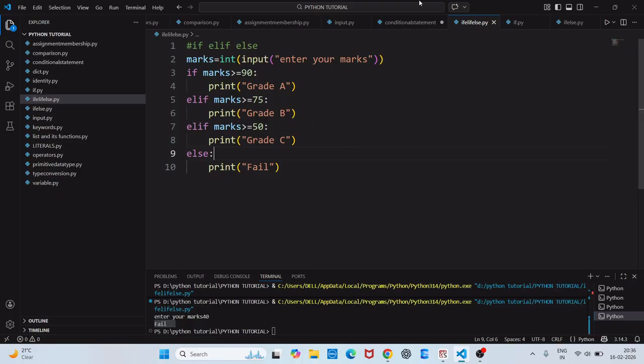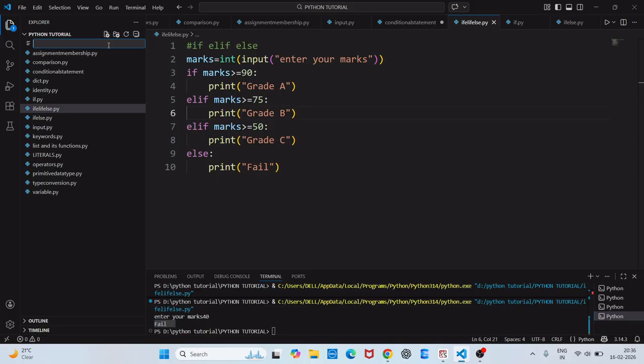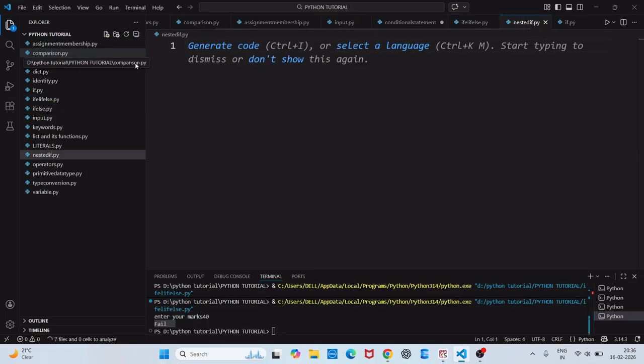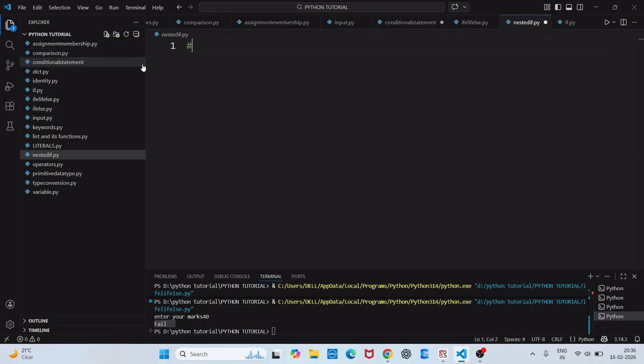Okay. Now let's look at the nested if. So we'll talk about the nested if. Go to the file, nested if dot py. What is nested if? An if inside an if is called nested if. Clear? That means the if block will be inside the if block. Clear? For example,